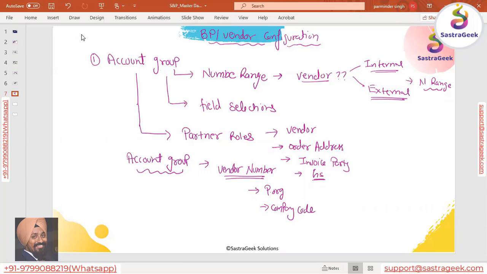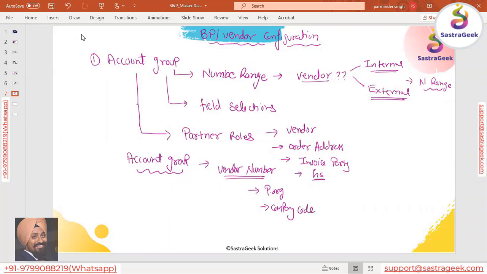It controls which fields you need to fill, which fields will be visible, and which fields would be mandatory. You can also mention what kind of partner roles would be assigned to it. Partner roles is a bigger topic. I will have a separate session to discuss it in detail.